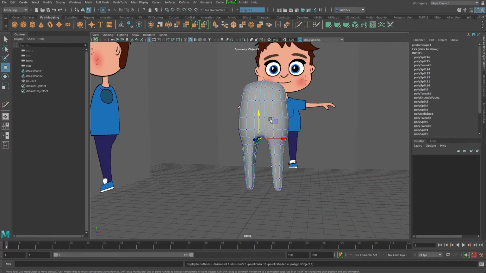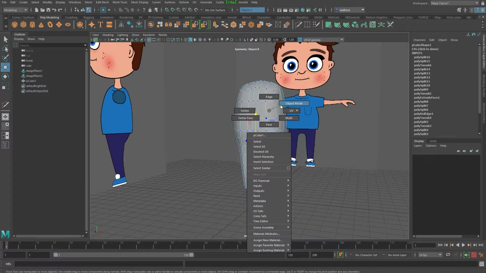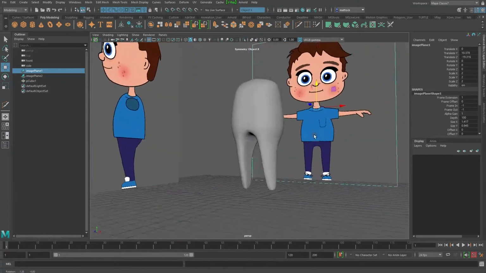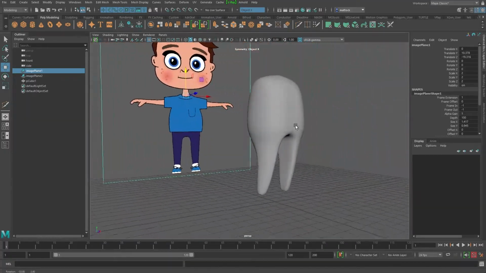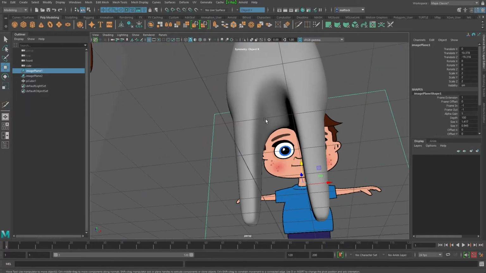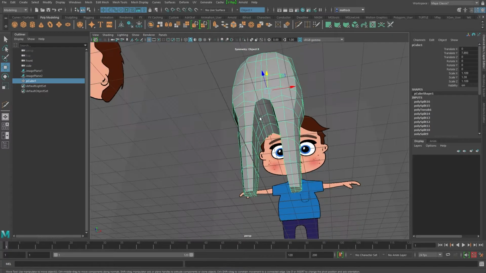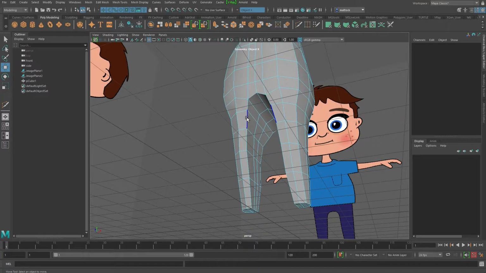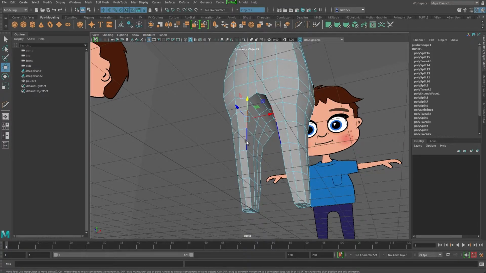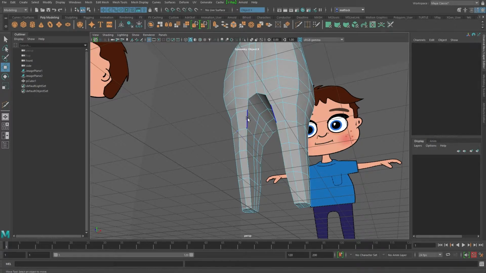And there we go. So let's have a little look at this. I'm going to select off. And there you go. Looks a bit like a tooth at the moment, but obviously we're going to keep refining the shape. So it's very flat in the middle at the moment. So we want to add some curvature. So we're going to select these edges. Again, you can hold down Shift and go select, select, select, or you can do this.